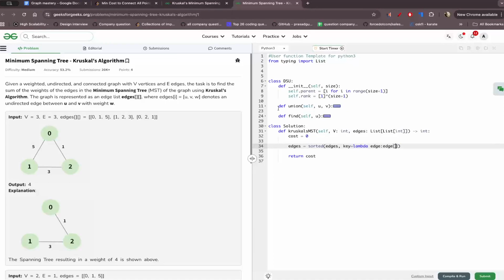Each edge has three things. I want it sorted on W, which is at the second index (0, 1, 2). So I'm assuming this will give me the sorted edges. Then what we said is, for every U, V, W, which means for every edge in sorted edges,